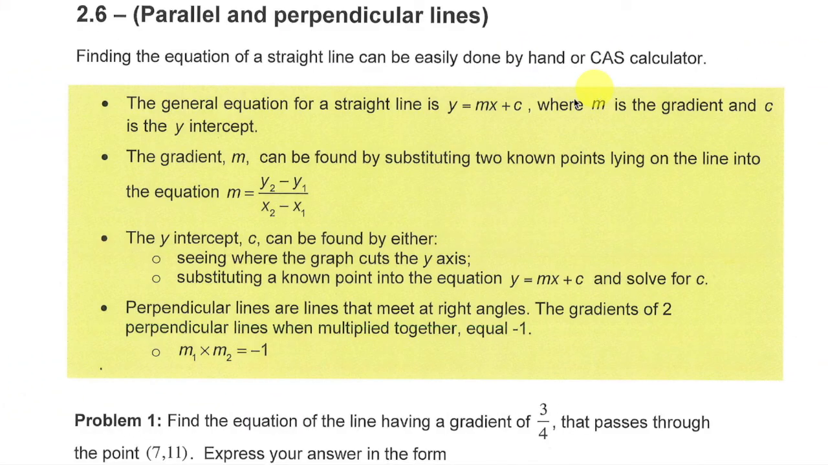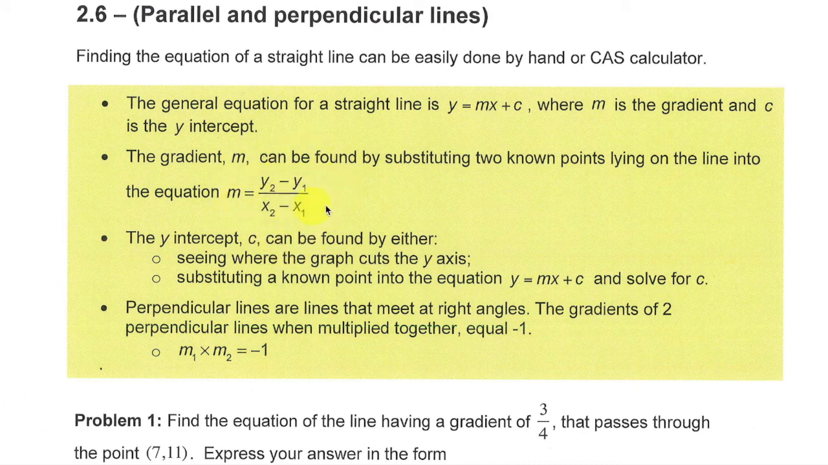Perpendicular lines. Just a reminder, the general equation for a straight line is y equals mx plus c, where m is the gradient, that's just a measure of steepness of that straight line, and c is the y-intercept, where the straight line cuts through the y-axis. To get the gradient, we just need 2 points, x1, y1, and x2, y2. And then to work out the gradient, we just throw those values into this rule here,